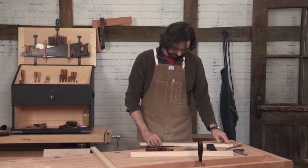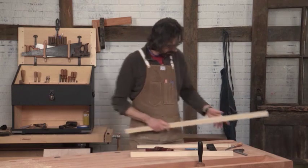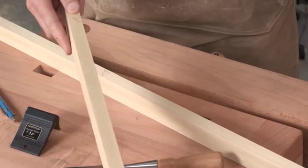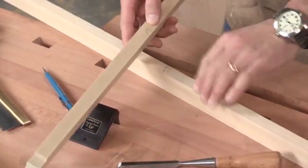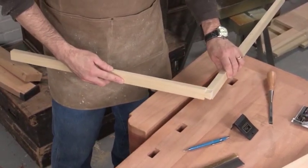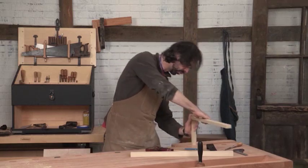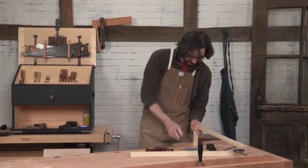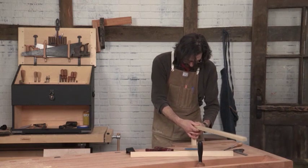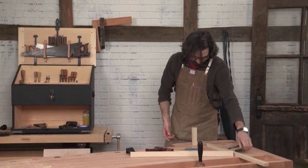So now I have this, and I'm going to show this to my pin board. I'm going to bring this pin board over, and I'm going to check my triangle. So I know that, based on my triangle, this tail is going to mate here. And so I don't get turned around, and it is real easy to get turned around, I'm going to first swing everything together so that it's kept in alignment. And then, after I square this up,